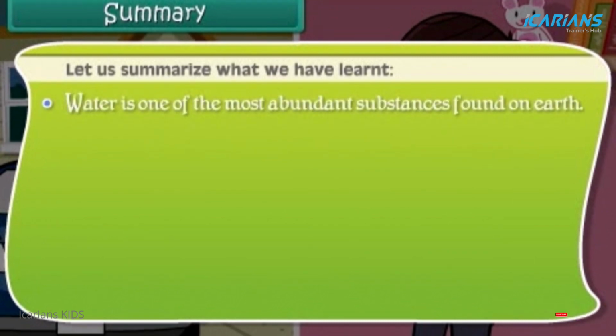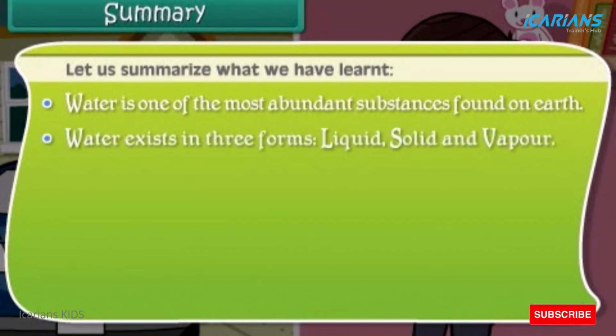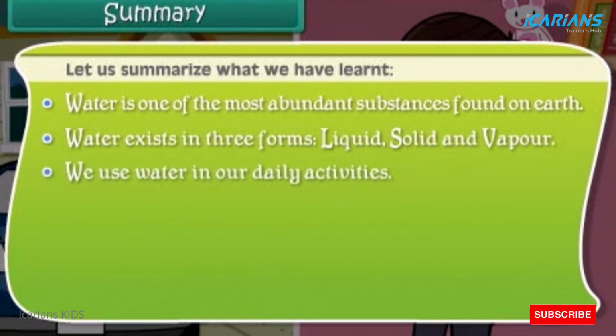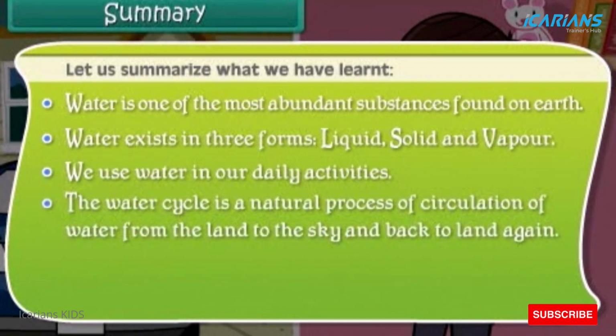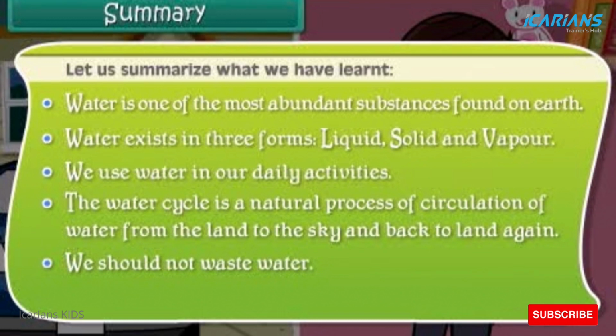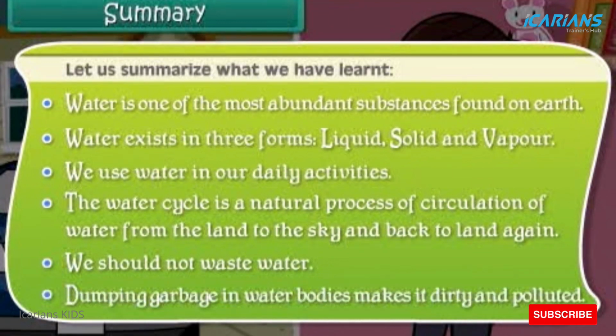Water is one of the most abundant substances found on earth. Water exists in three forms: liquid, solid, and vapor. We use water in our daily activities. The water cycle is a natural process of circulation of water from the land to the sky and back to land again. We should not waste water. Dumping garbage in water bodies